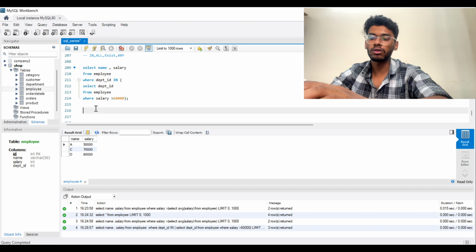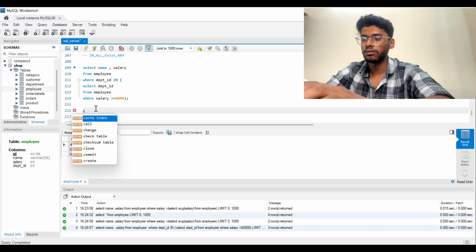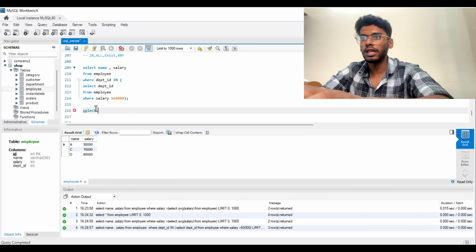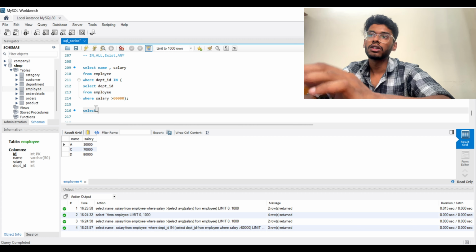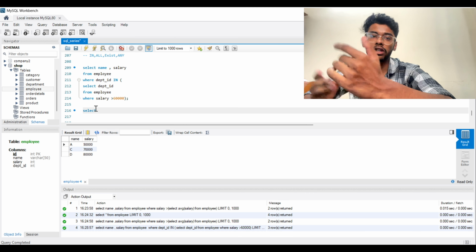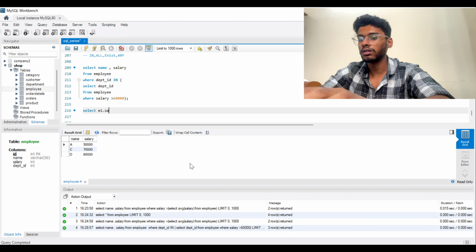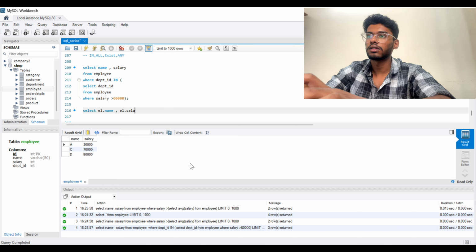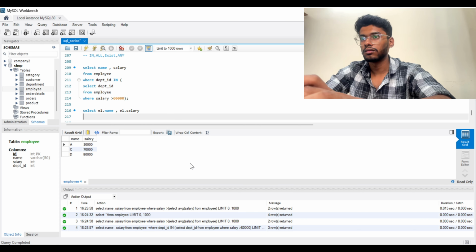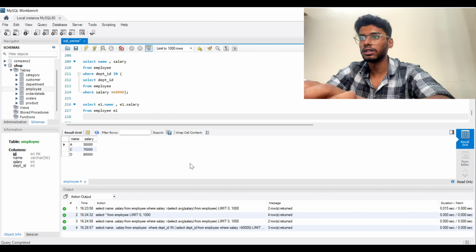Now I am going to show you correlated subquery. So what does a correlated subquery do? The outer query is related to the inner query. It's like this: select E1.name, E1.salary from employee E1 where